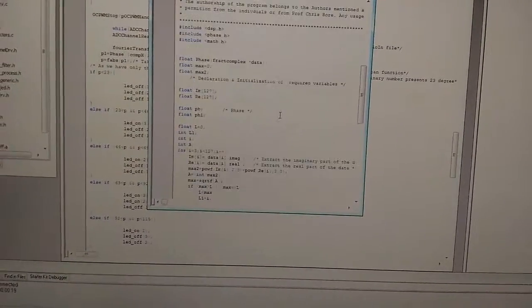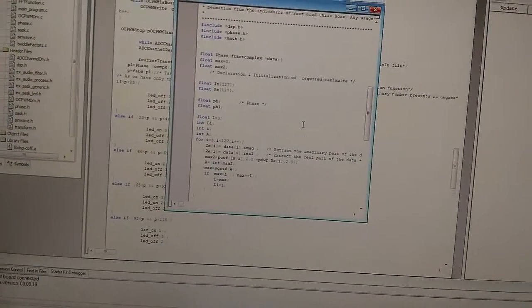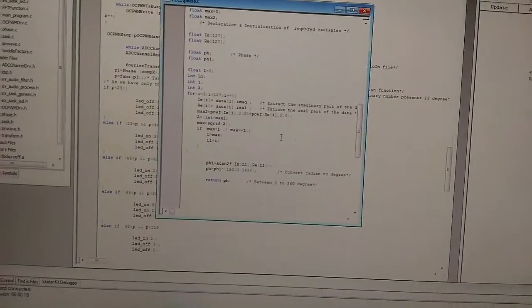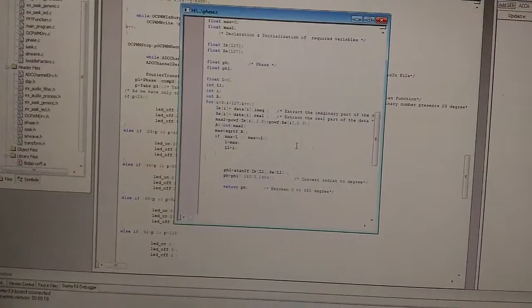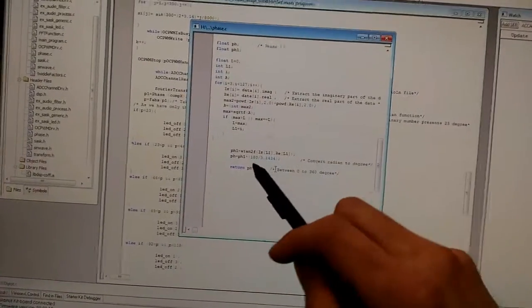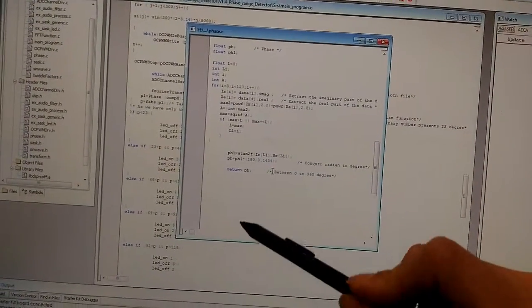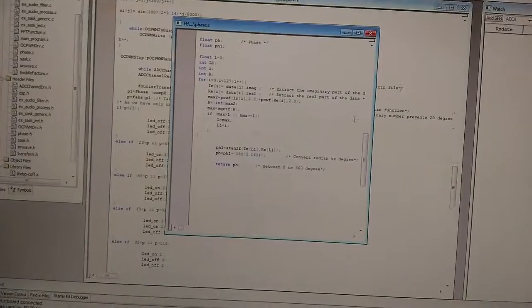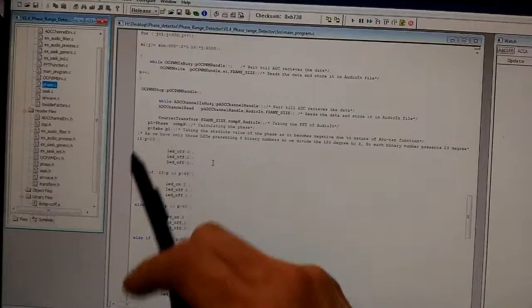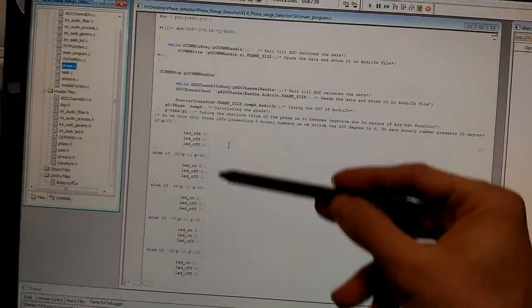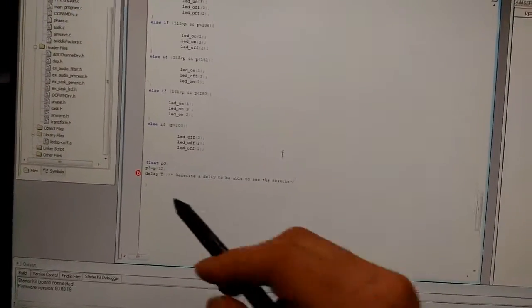In the phase function, we're going through the whole received file and finding the maximum value, taking the absolute value of each element. When we find the maximum, we will take the arctangent of that value, which is the phase, and we'll return it to here. Here we will get the absolute value of the phase and show it on the LEDs. And when we go down at the end,